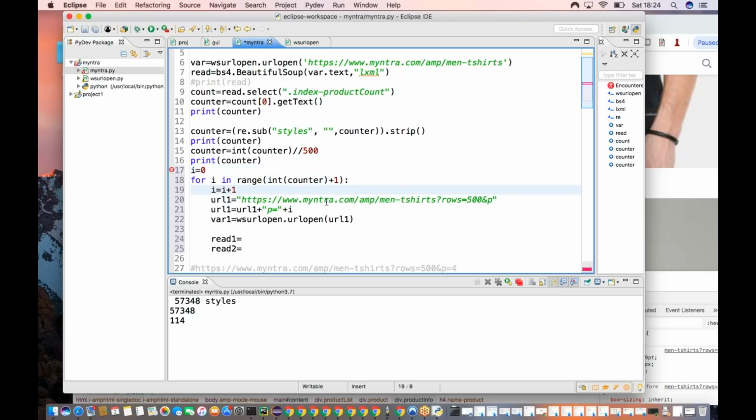So i equals the first one, this will go here, it will generate the URL, then it will hit URL one,